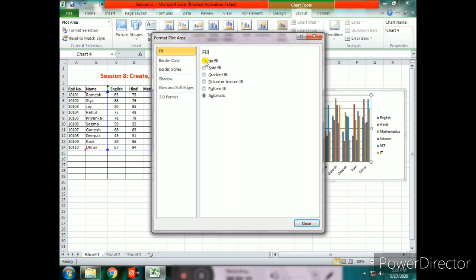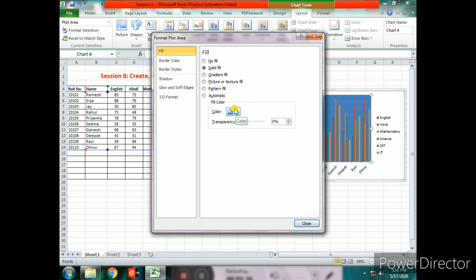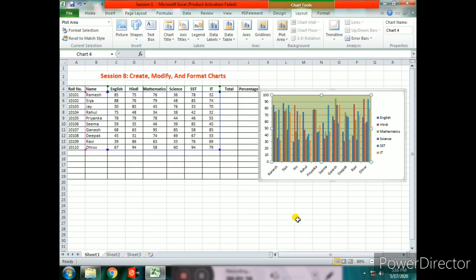And select the solid fill option in the right pane. Now click on the color button and click on close. So in this way we can format the plot background area.